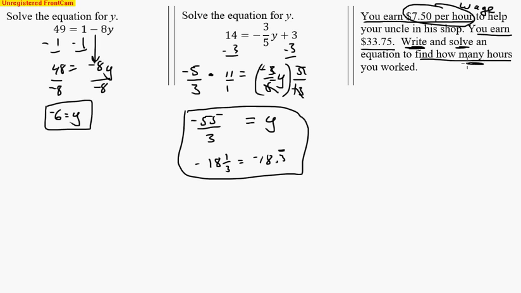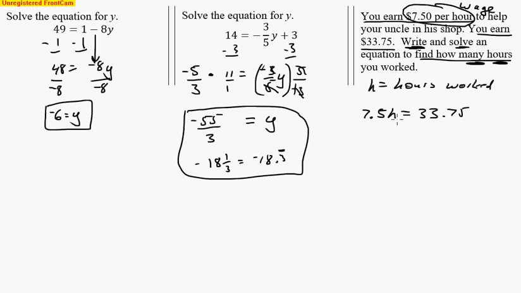So this is the variable. This is the variable term. So how many hours you worked. So we're going to say H equals hours worked. So whatever the question is what we're going to assign our variable as. So if I take the wage, $7.50, multiply it by the hours worked, it will equal